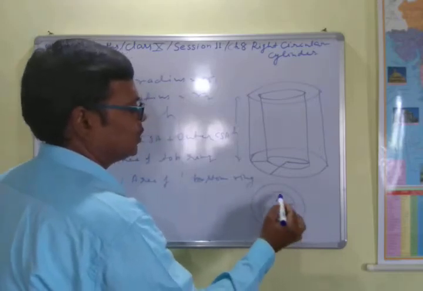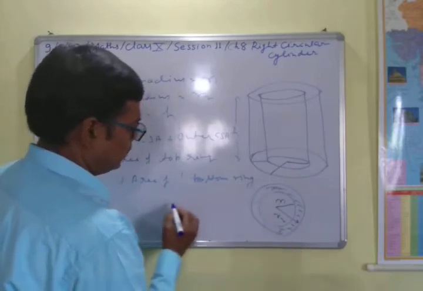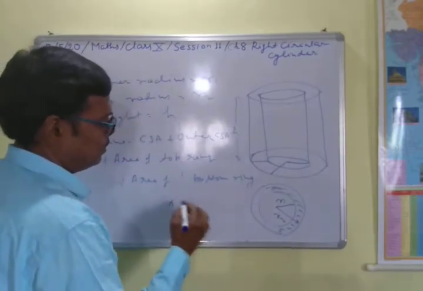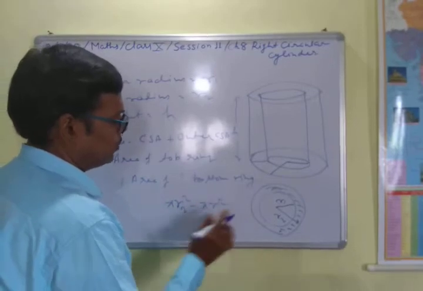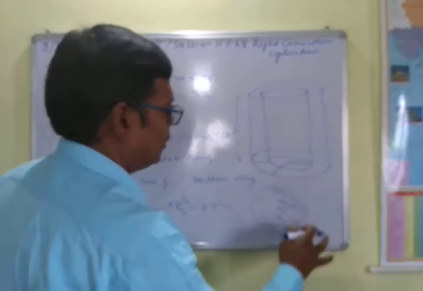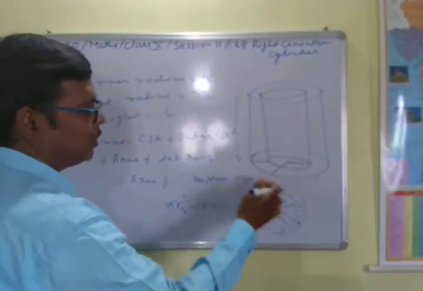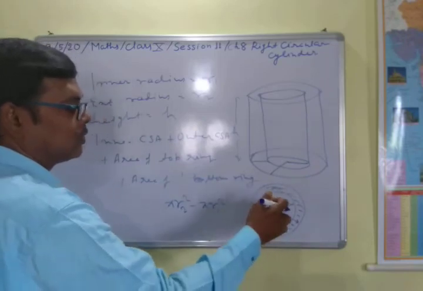So the area of this ring will be equal to, that is, we will find this area. So this area will be equal to what? Pi R2 square minus pi R1 square, because you know this is a circle here. So the area of this will be equal to pi R2 square, because the outer radius is R2, and this is the inner circle, so its area is pi